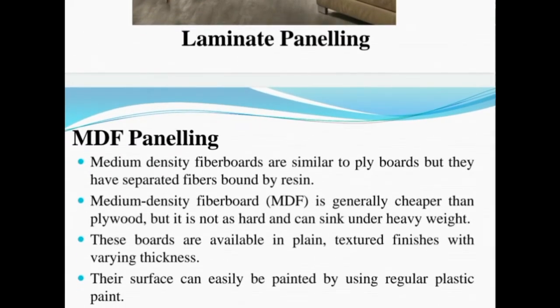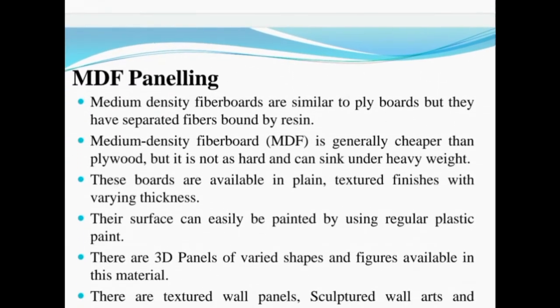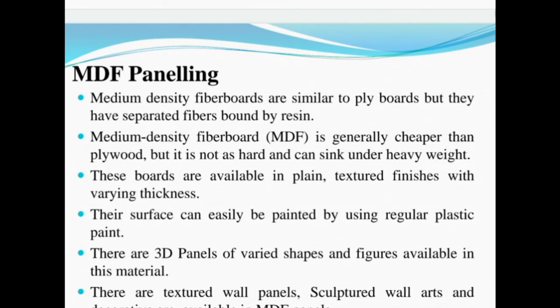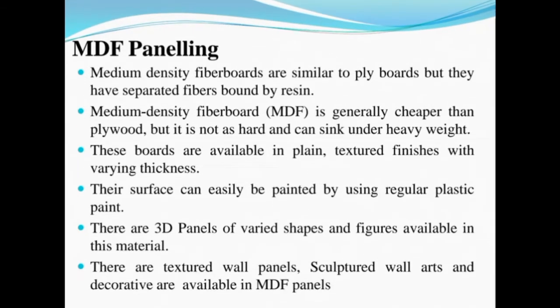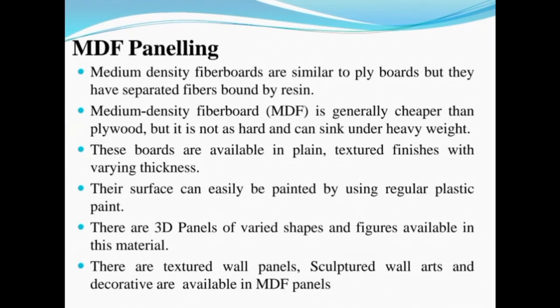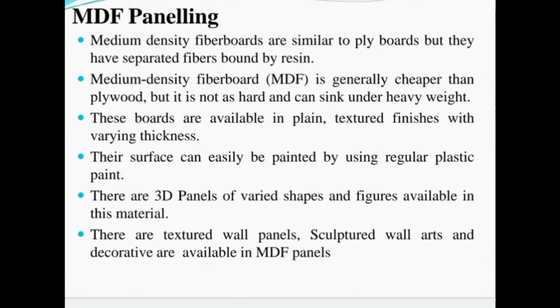Next we are going to see about the MDF paneling. MDF paneling is nothing but medium density fiberboard paneling, in which the fibers are bonded with resin, and they can be used as a paneling material. And this is cheaper than plywood, but it is hard and can sink under heavy load. So they are available in plain texture finishes, and they have various thicknesses in this paneling of boards, and the surface can be easily painted by using regular paint,